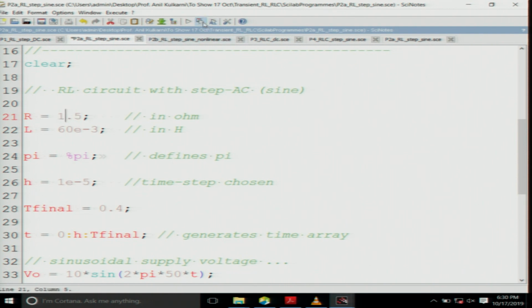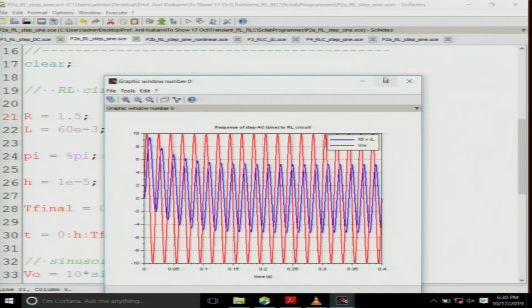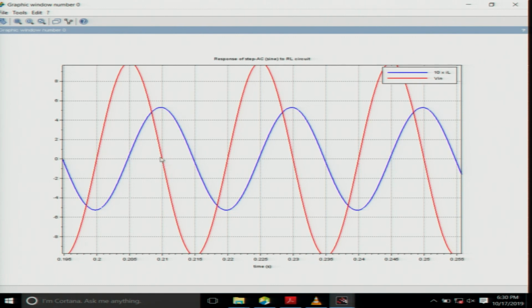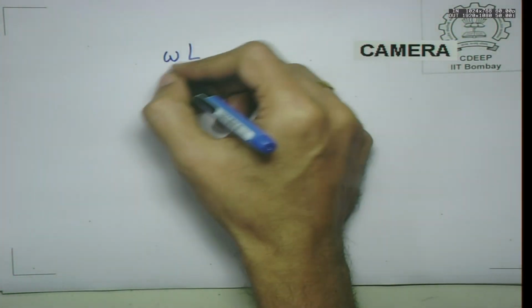Let us get back this value to 1.5. And of course, you see that the rate of decay is much slower in this case, and very marginally you see that the lag is still almost the same, 0.005. That is because omega L is practically swamping the value of R. So in the earlier case, omega L by R was